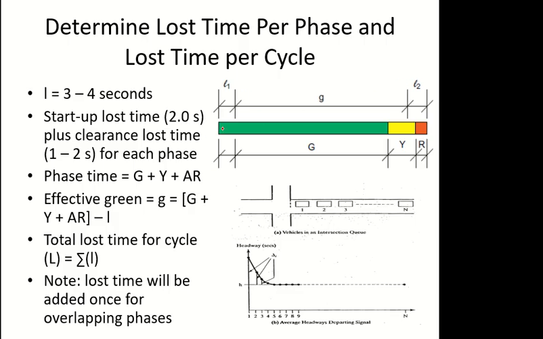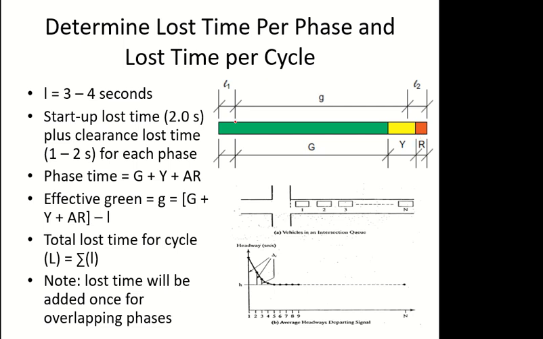So this is the green interval, so the signal became green. Before this one it was red. Okay, it became green, then it remained green, then it became yellow, then this one is all red. This one is all red. Okay, so